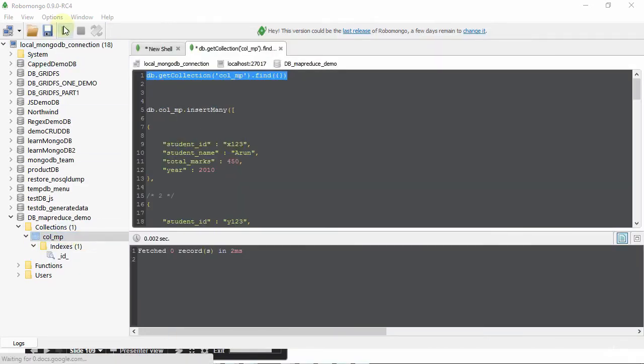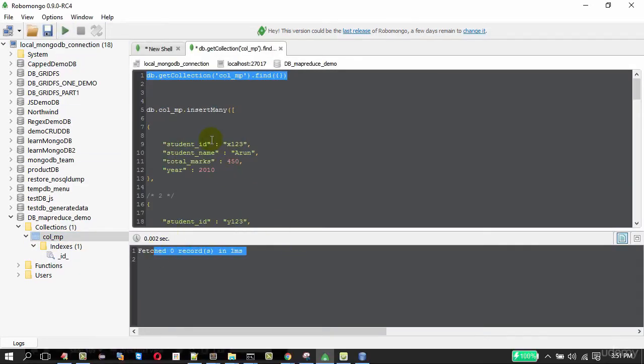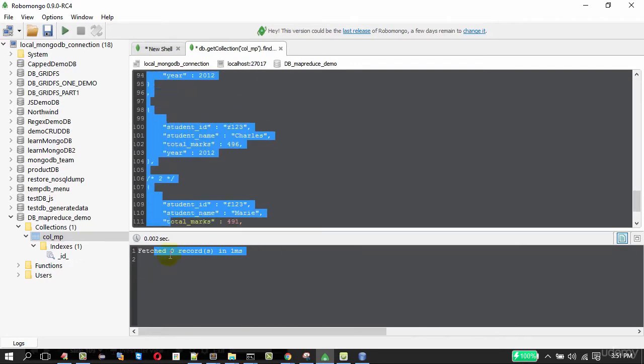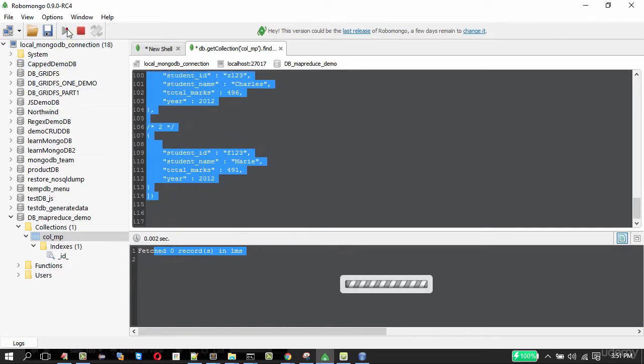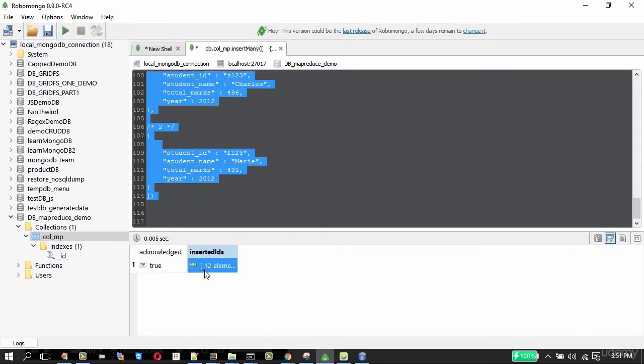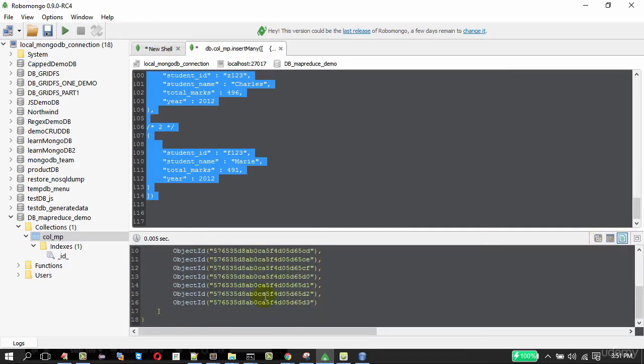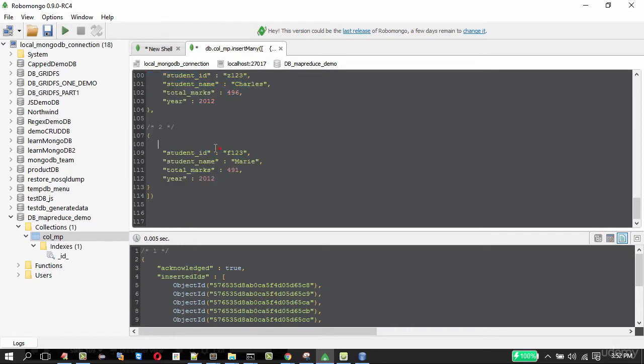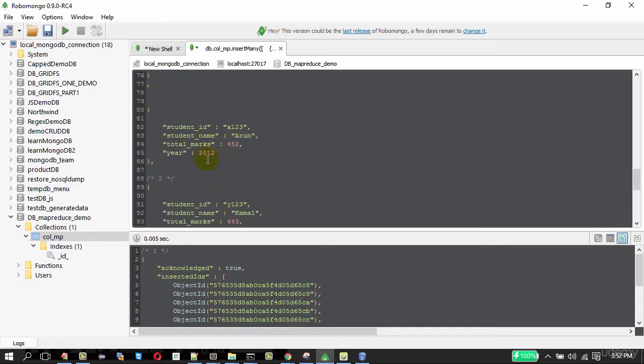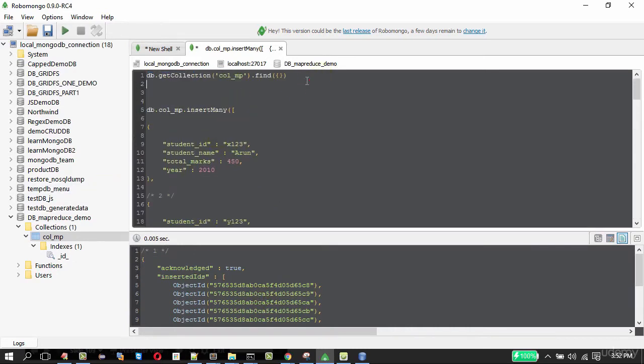Our current collection doesn't have any records now. I'm going to insert a set of student records using the insertMany method. I think it's in table view. It got inserted. Let me execute the find query again.